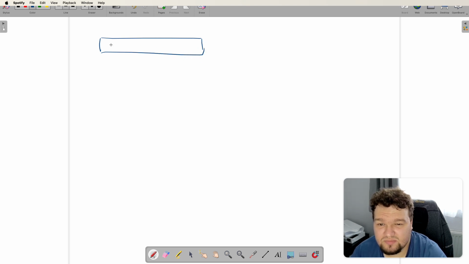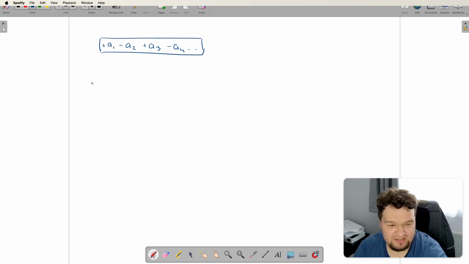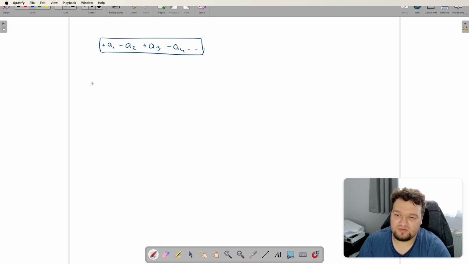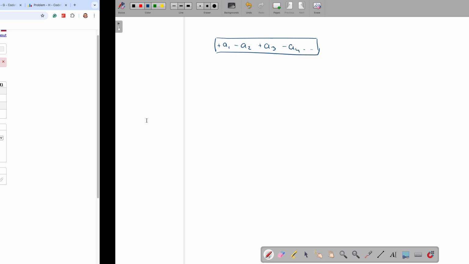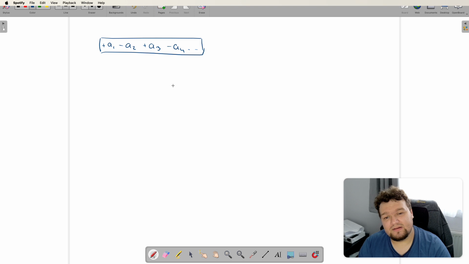So my array will look something like plus a1 minus a2 plus a3 minus a4 and so on, because the signs must alternate. Because the product of 2 consecutive elements is less than 0, it means that one of them is positive and the other one is negative. Right, so